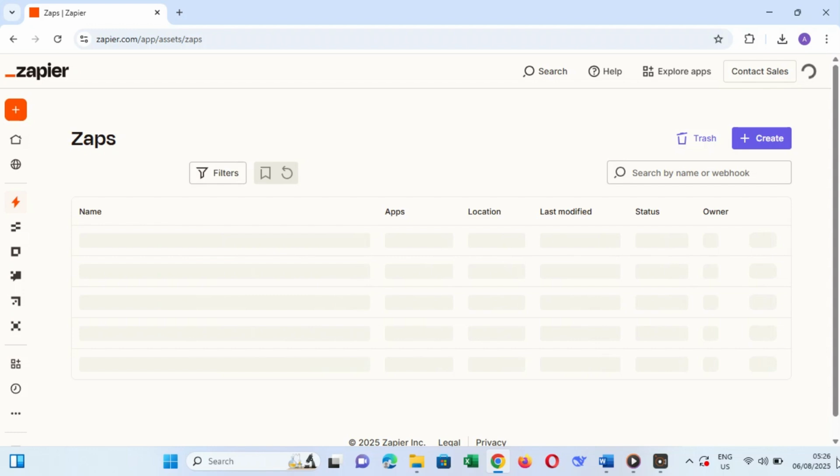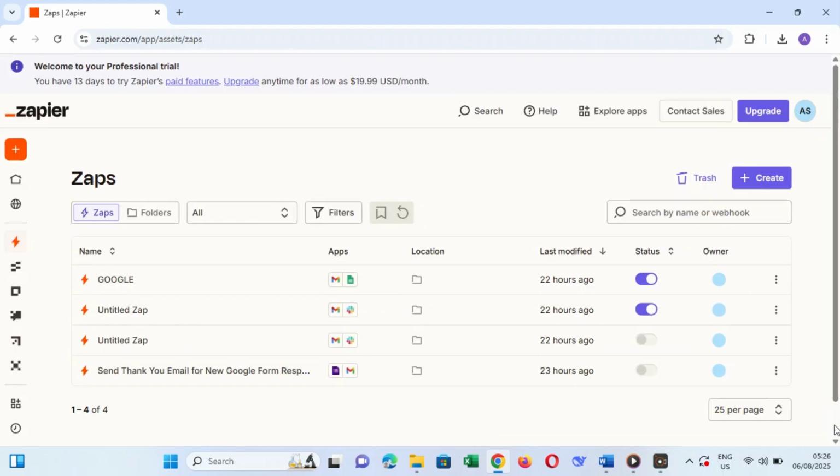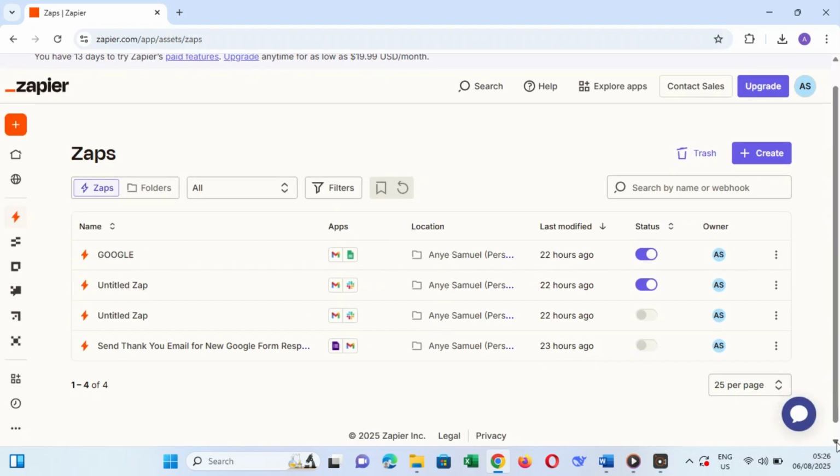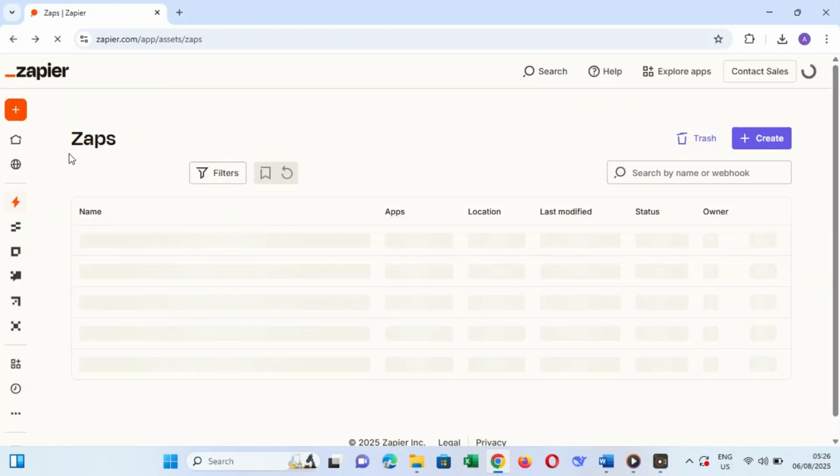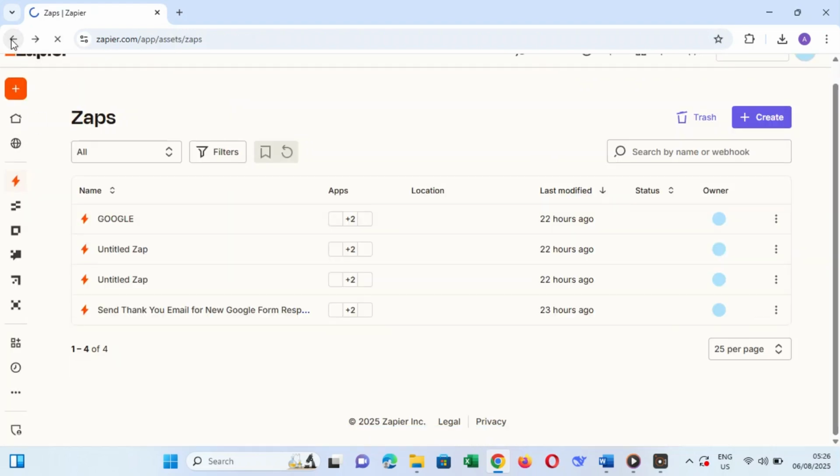Now, look for a red arrow icon or warning message. If there is one, Zapier will often give a short explanation of the issue at the top or next to the specific step that failed. Click View Details to get more information. This will show you what caused the error, whether it's a missing field, authentication problem, or a delay in the